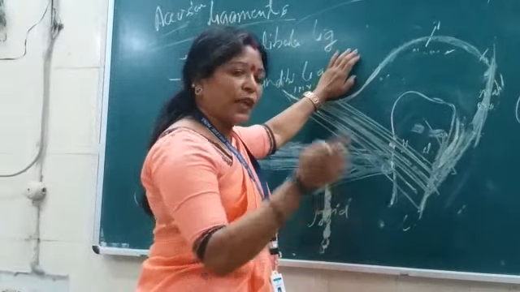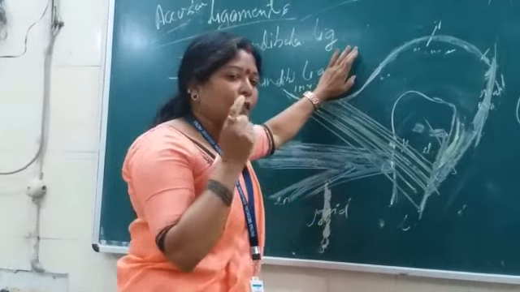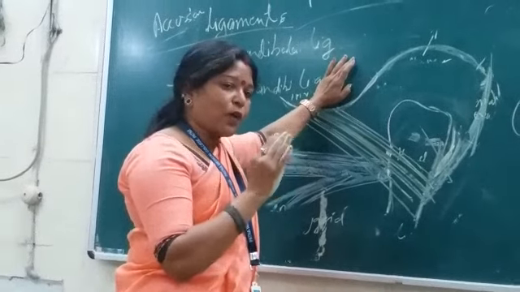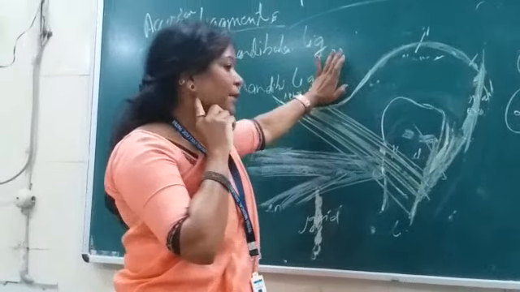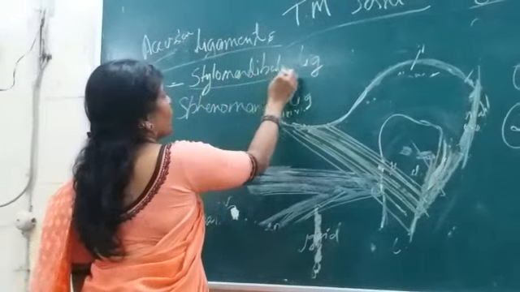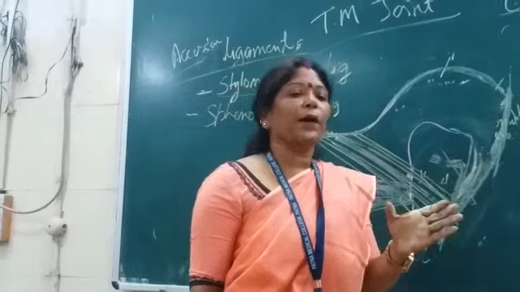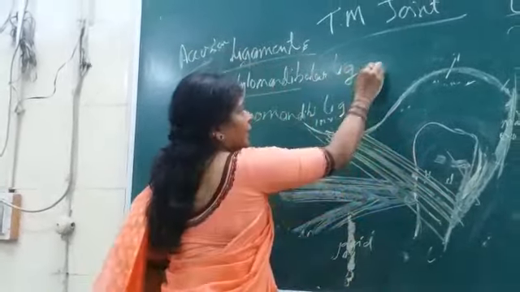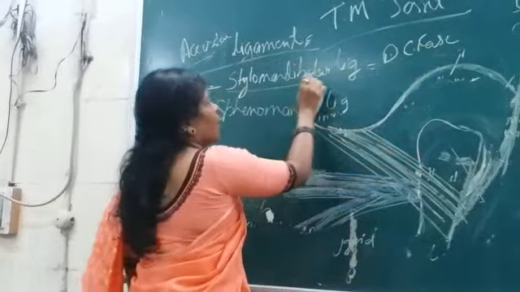The stylomandibular ligament we have discussed in the previous class when we were discussing the parotid. It is nothing but the deep lamina of the parotid fossa. It was thickened between the angle of the mandible and the styloid process here, and that is known as the stylomandibular ligament. That means it is the thickened part of the deep cervical investing layer of the deep cervical fascia.